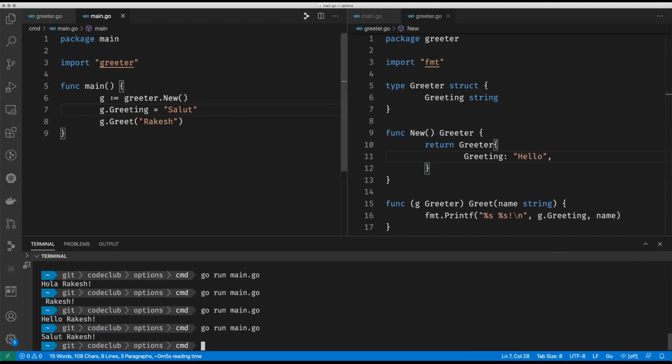Sorry, what was the question? The question was, if I'm just going to set the greeting, why not just pass the greeting into new? I think that was it, wasn't it? One answer to that might be, well, I don't want to make them have to pass the empty string when they're happy with the default. That's one thing, and I could make it variadic and so forth here, but we've already decided that's not exactly